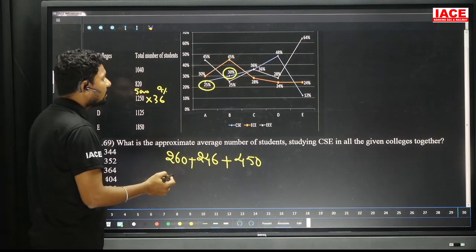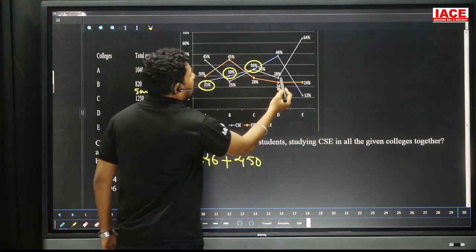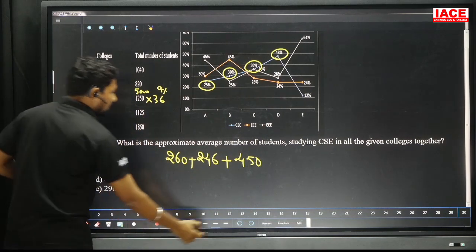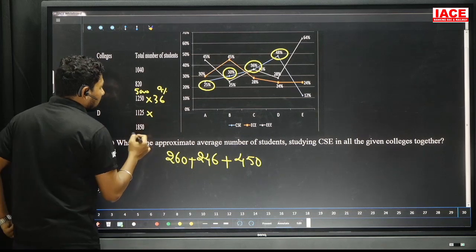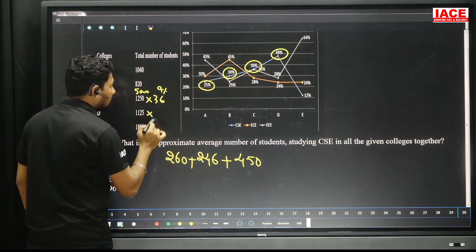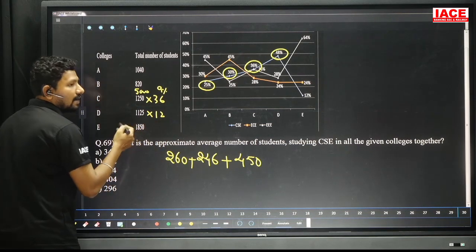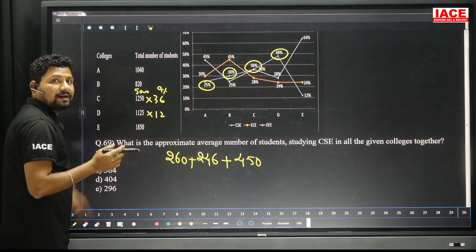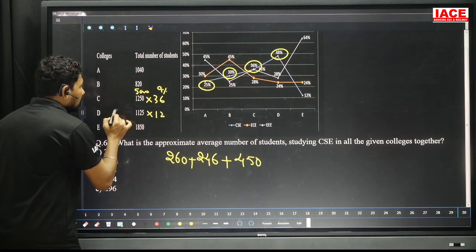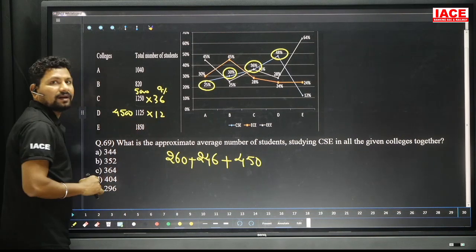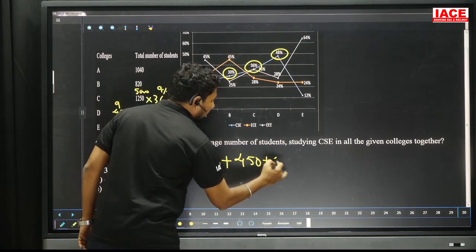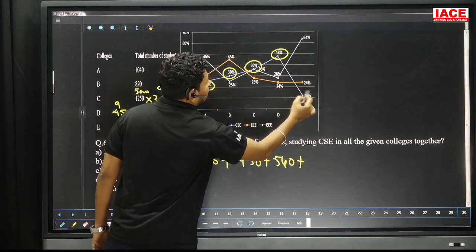And next, blue color line, it is 48%. 48% of 1125. What are we doing? 48 is making half of the half value. 48 half value is 24, 24 half value is 12. 12%. 1125 we have to make 4 times. Then 1125 double value is 2250, 2250 double value is 4500. Here we also make 9000. Here we make 9. 9 6s is 540. Plus next one, 12%.